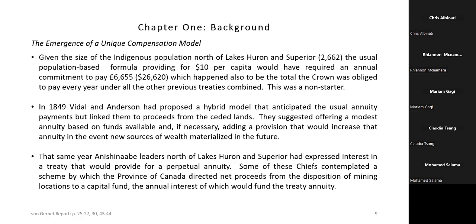There was, you recall, Shinwakons and Nebenogatching, who were in the Sault Ste. Marie area, who I think had this view in mind, that the mining proceeds or the interest thereon would provide them with the annuities they were asking for. And of course,